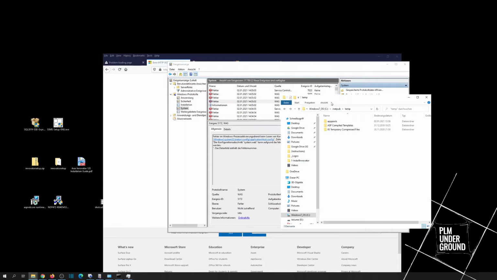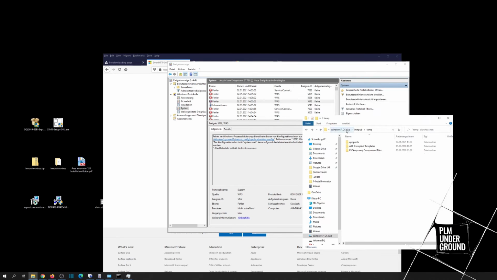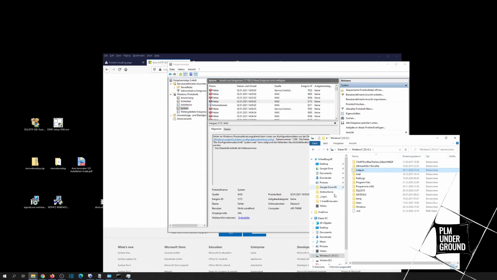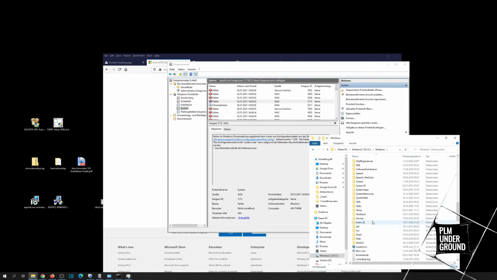So I go to my Windows Server, to my C drive, to Windows, System32, to inetsrv, config. Now let's speed it up.